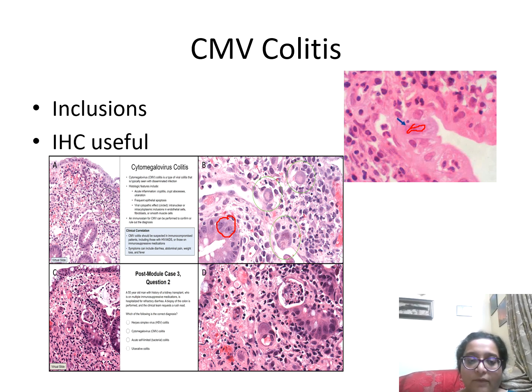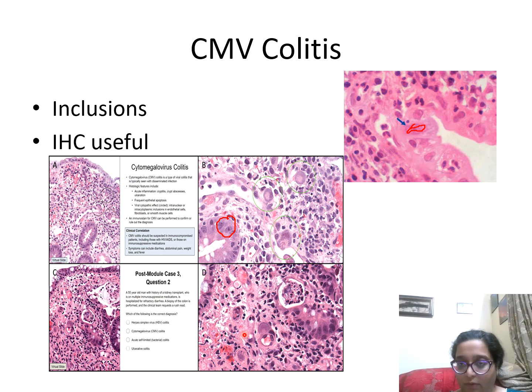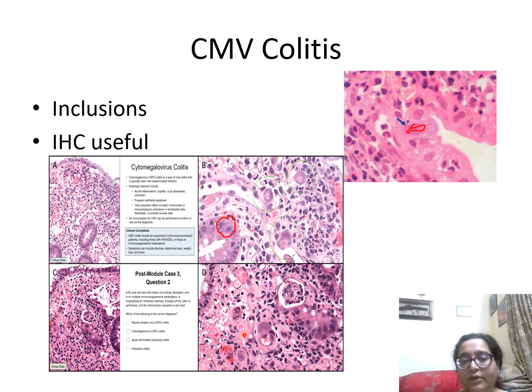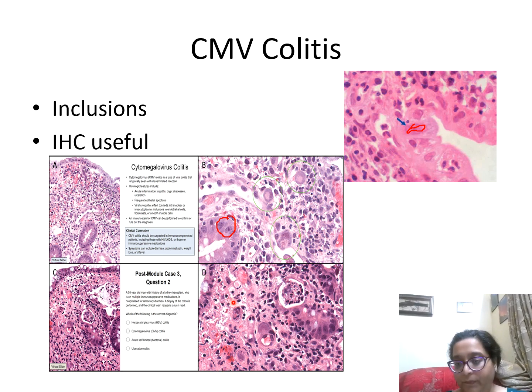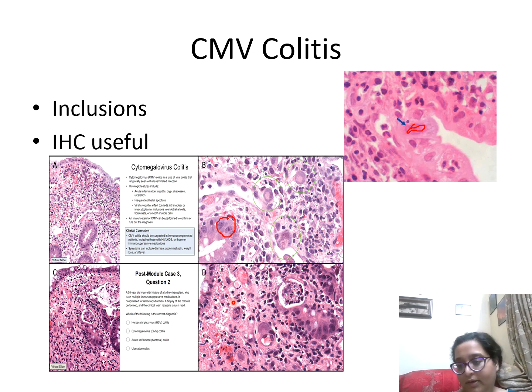So CMV colitis is a very common differential that we get. Necrotic areas, cryptitis, crypt abscesses can be there in CMV colitis also. So in CMV colitis, what we basically look for are those reddish, pinkish inclusions that I showed you in the endothelium or the lining epithelium, and that is how we conclude that this could be CMV colitis. All this red over here is RBCs and this is edema. So that's a very, very important differential for an IBD case.